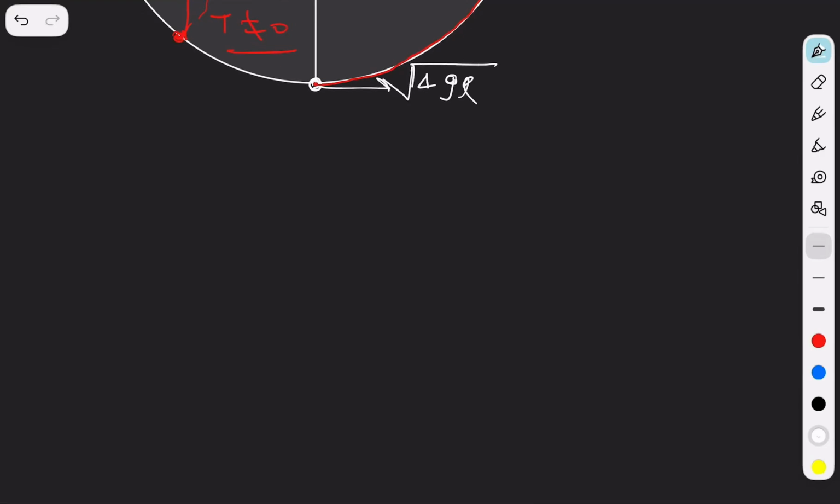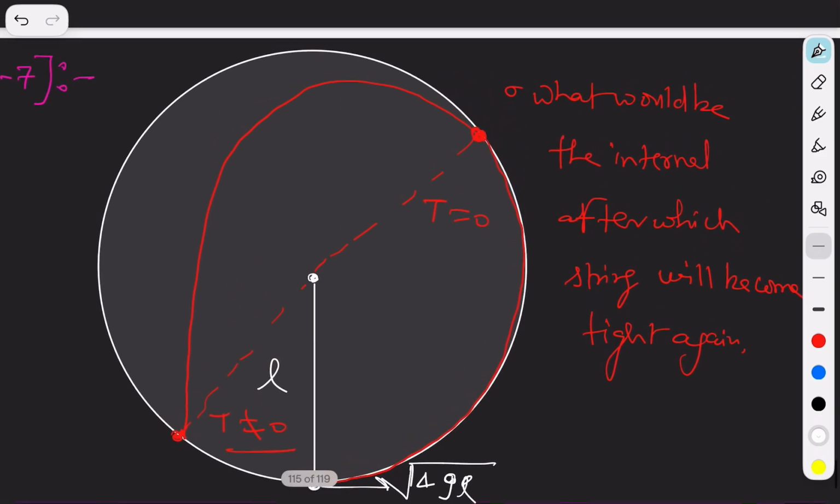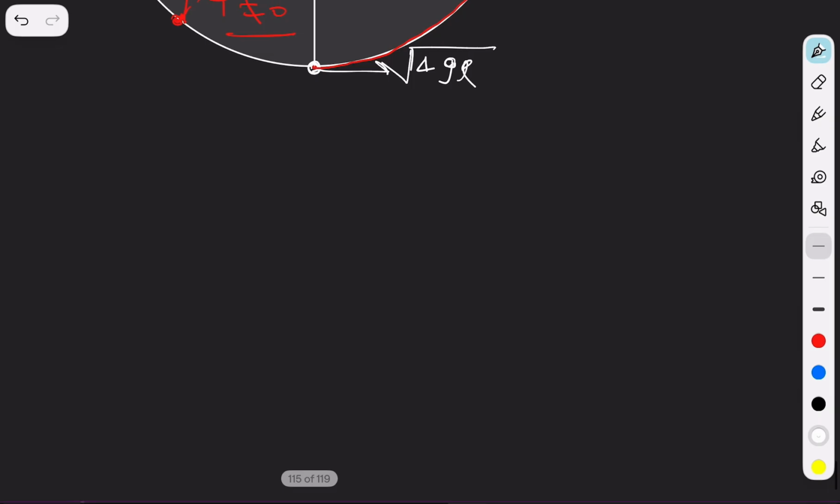In the last class, guys, we had discussed some problems on vertical circular motion. And I had told you that what I am going to cover in the next lecture is the rotating frame and the fictitious forces. So basically, guys, now we are at the verge of just ending this chapter. And we have to cover in this lecture, as well as maybe a few more lectures,